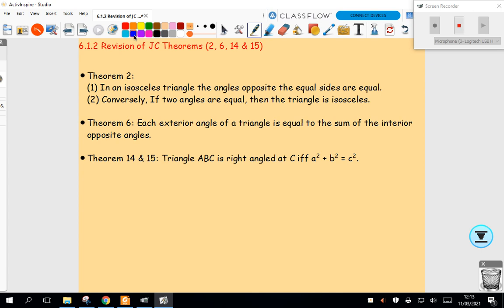So theorem 2 is my isosceles triangles theorem. Theorem 6 is my exterior angles theorem. And theorem 14 and 15, they relate to Pythagoras, the theorem of Pythagoras. Okay, so have a read through those, and we're going to look at examples where I'm going to use each